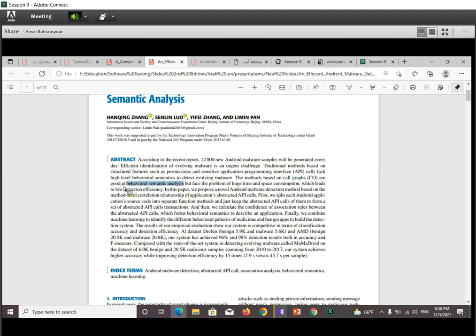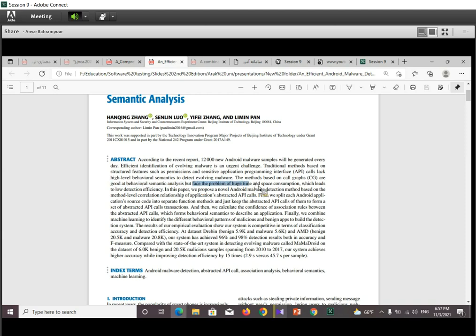This is a clue to start a new work about malware detection. This is the main idea to propose a new method in malware detection. So this sentence has a key phrase about the main idea behind this research work.